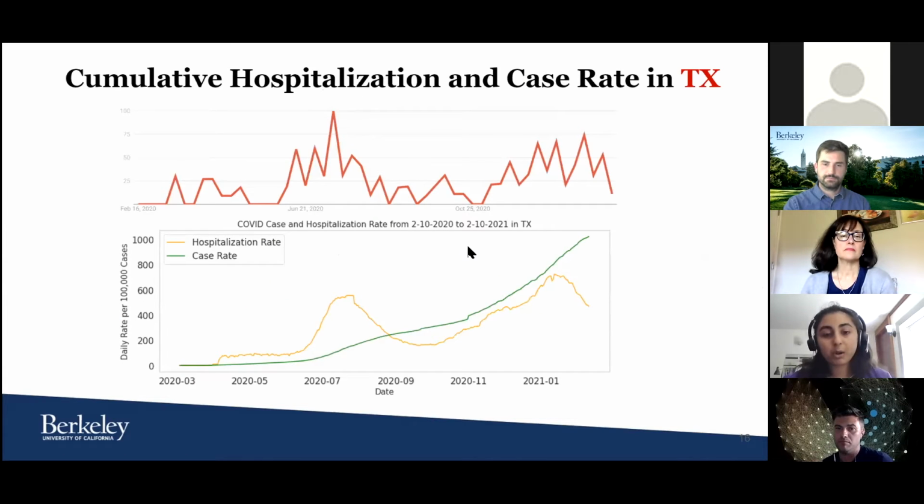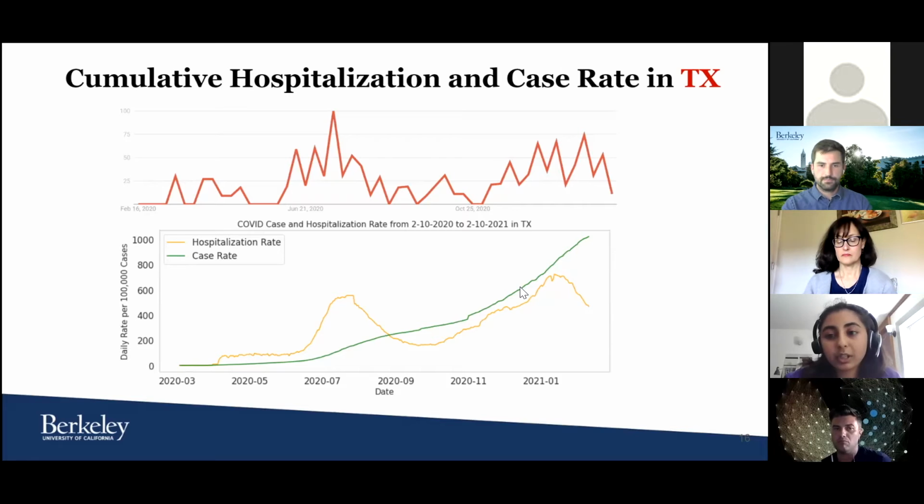And most prominently, we found that the hospitalization rate in general in Texas also corresponded, or could possibly correspond, with the interest over time for COVID in babies for Texas. So we thought that maybe those two things could be related. As hospitalizations increased in Texas, more folks were searching for COVID in babies on Google as well.